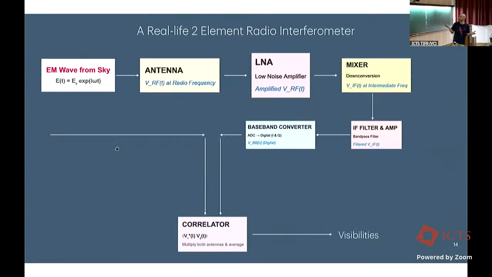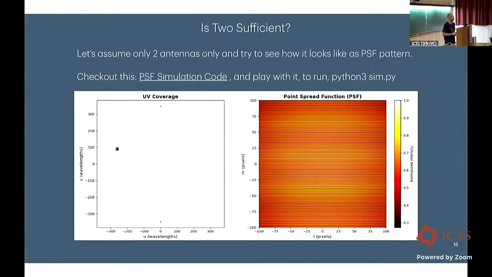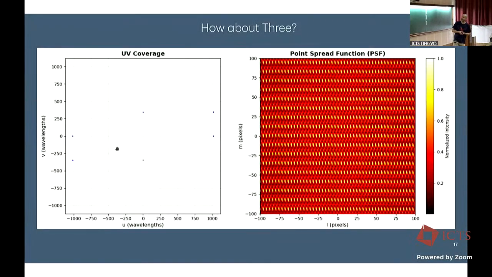It's just a sine wave across the sky. It doesn't really help you to see anything, does it? So what we can do is, of course, add a third dish. So now we have one baseline here, another baseline here, and since we have three dishes, which means you have